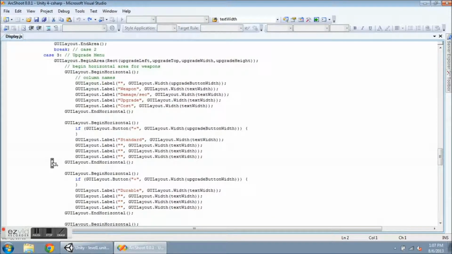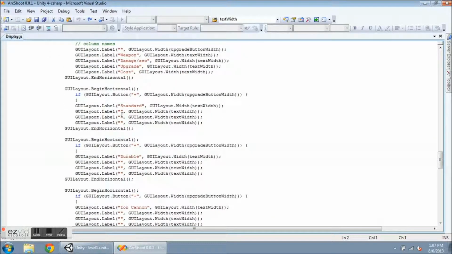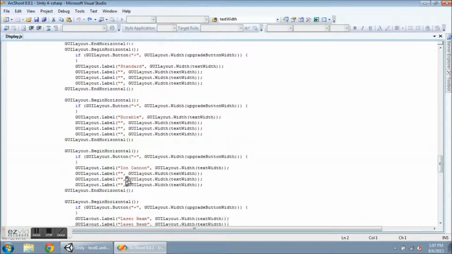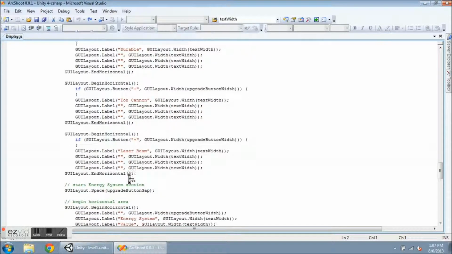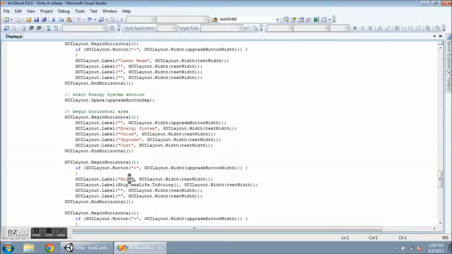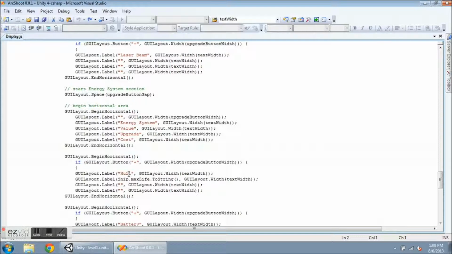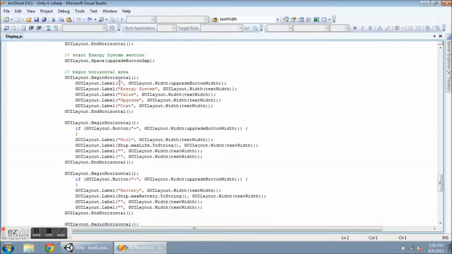Okay, so right now I have a whole bunch of blanks here for standard, durable, ion cannon, and laser beam. I will have to fill those in when I start balancing these numbers, and also have some kind of cost associated with upgrading the guns. So now I go down to another area. So I call GUILayout.Space and I give it an upgrade button gap. I could do a few calls to upgrade button width or something like that, but I chose to have a different variable. So again, I have a blank space here, and then with the width of upgrade button width,